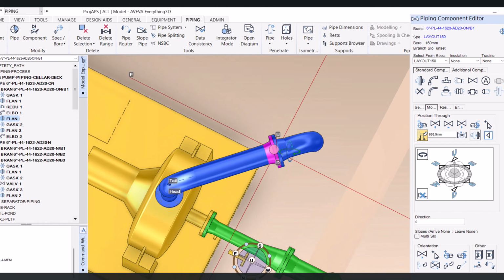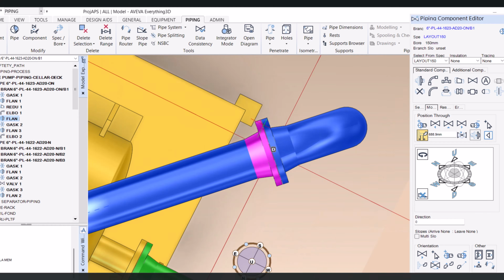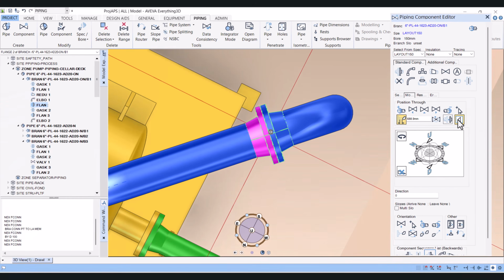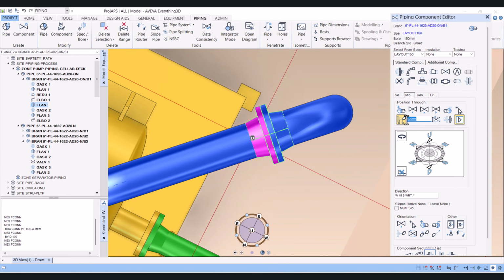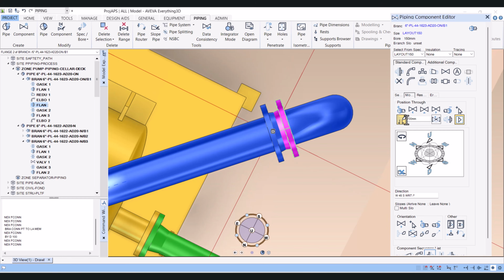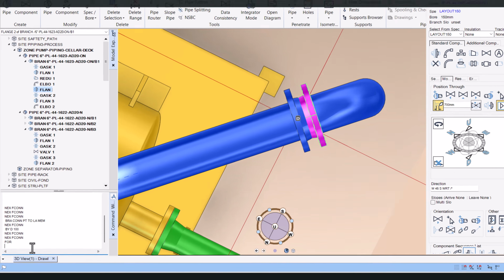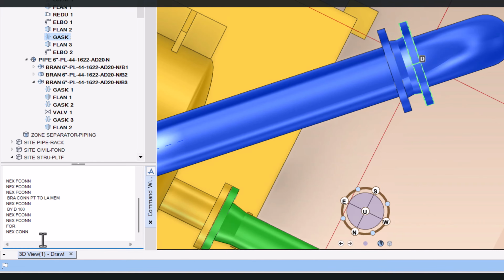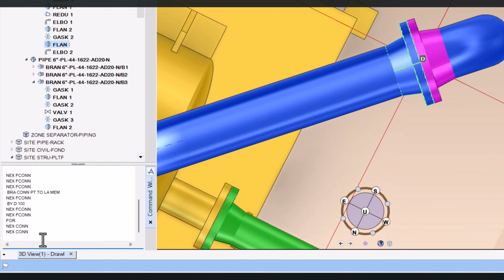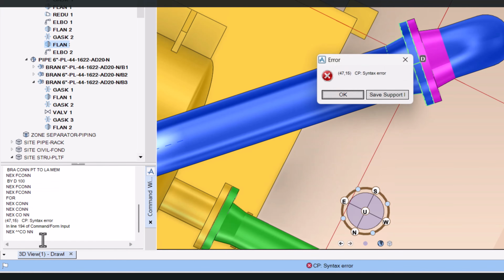Now you can see that we still have to push a little bit, so we have to move forward here, and we will make it 700, and here we will use the manual command: next connect, next connect, next connect,